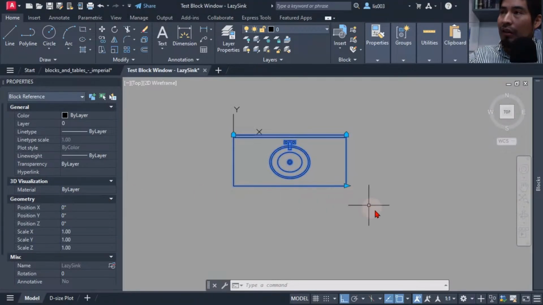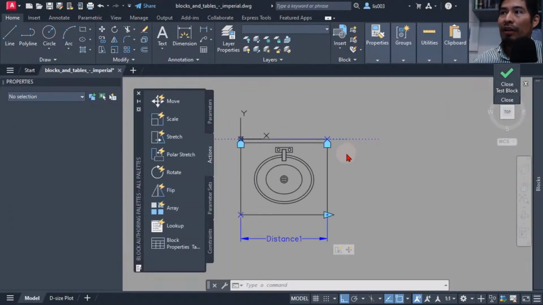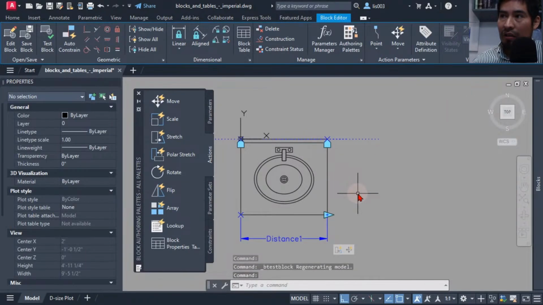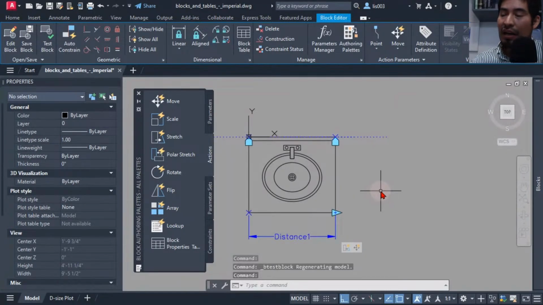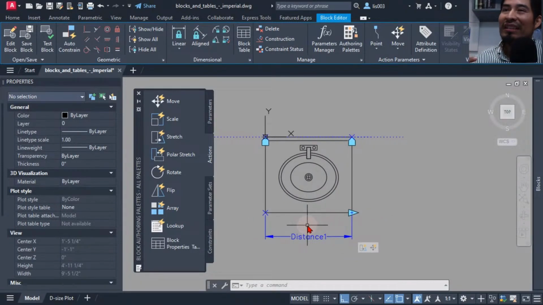All right, so let's close this block editor. Now that we had our sink the way we wanted, which was stretching or changing the size and keeping our bowl centered, I also wanted, for my client, a way to know the size of the sink, right? So the way I did this,